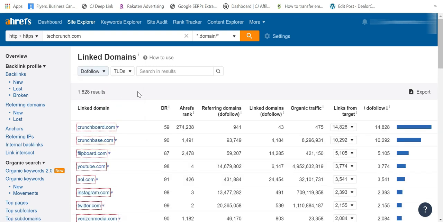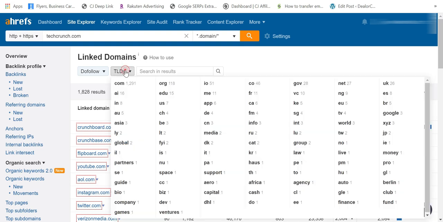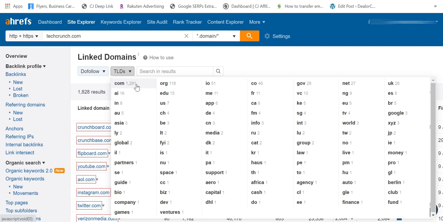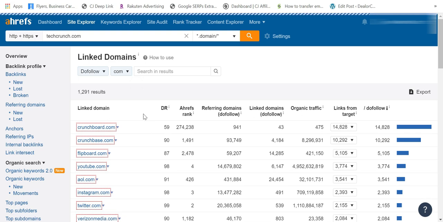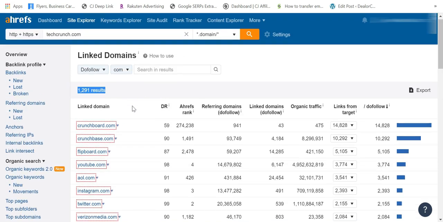My website is in English language and it is on the .com domain, and I am targeting US countries, so I will go to search for .com only. I can see only 1291 results which are getting dofollow links from TechCrunch. So I'm going to export these sites.